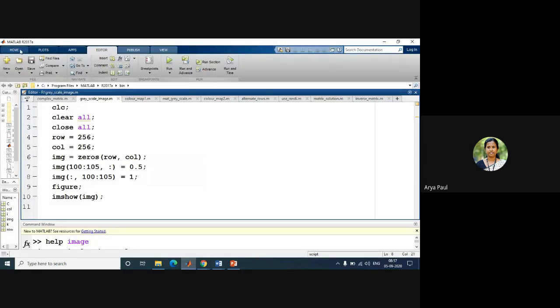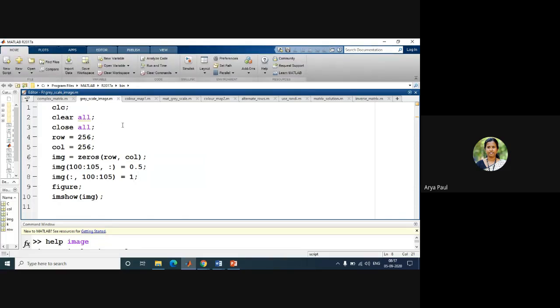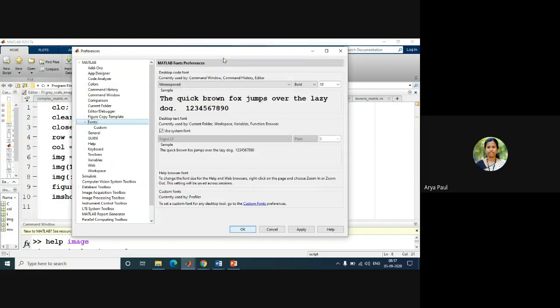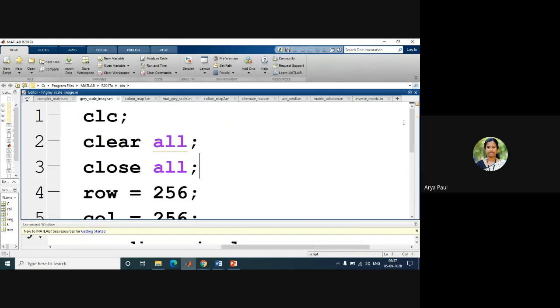So now we will discuss how we can show a matrix as an image. Okay, we will discuss that part. So let me change this font size first. Okay, so how can we display matrices as an image? How can we do that?